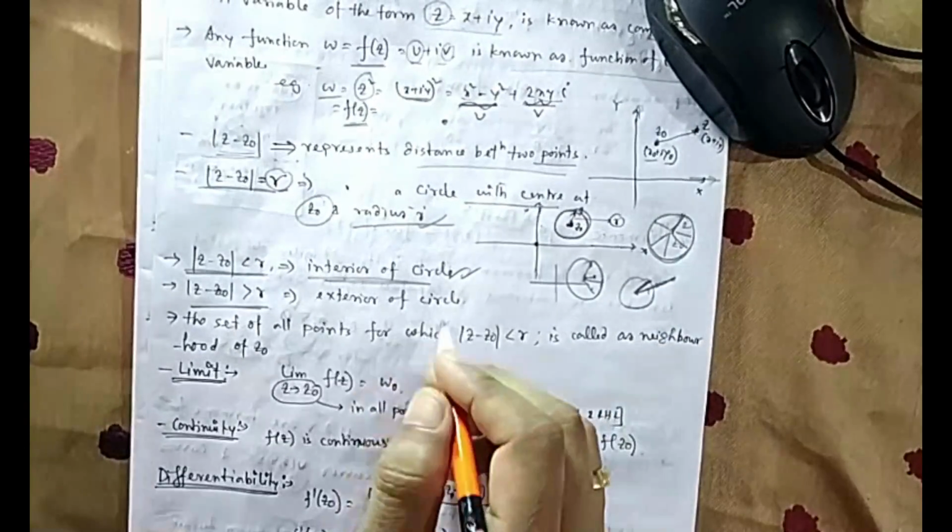And if it is more than r, suppose this is my circle, this was my r, now I am going here, so the distance is more than, you can see the distance is more than your r. So that's why it becomes exterior of the circle. Now the set of all points for which this |z minus z0| is r is called the neighborhood of the